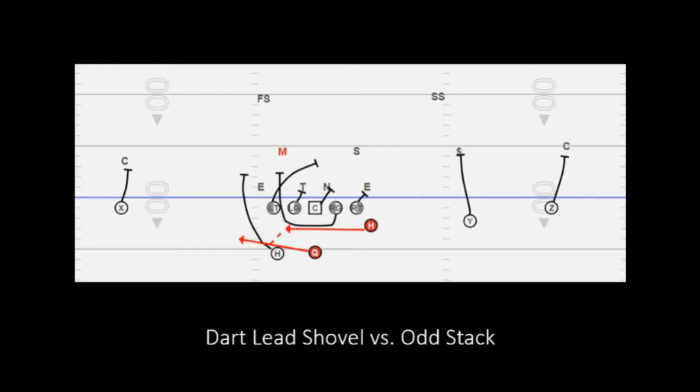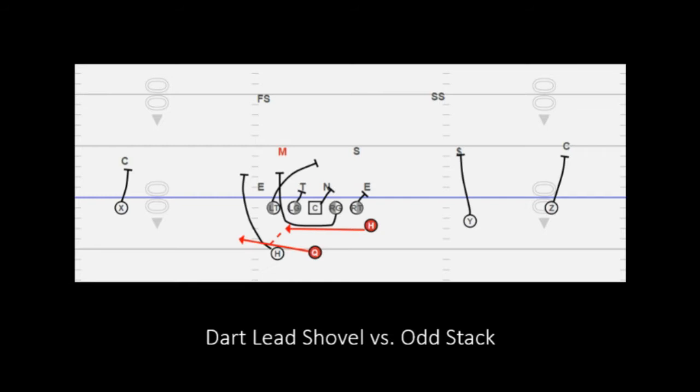Next concept we're going to look at is dart lead, and I really like this concept because if you have a quarterback that can run and get to the outside real quick, it's a great concept. You're going to see a bunch of unbalanced where they're going to take this receiver and put him over here just to create an adjustment in the defense and give a shorter edge for the running back to set. You're going to see that defense will overflow hard, and the quarterback's really able to get that shovel underneath to